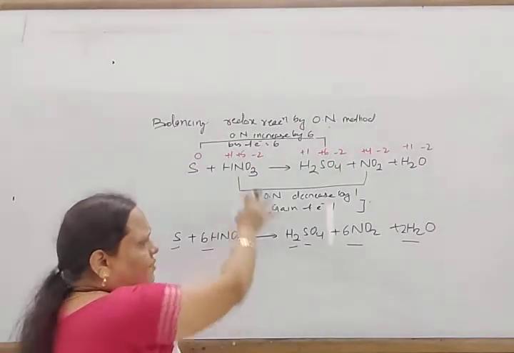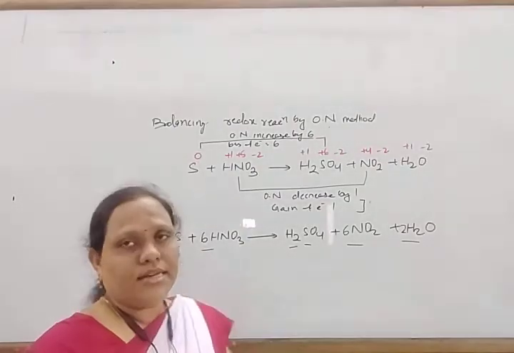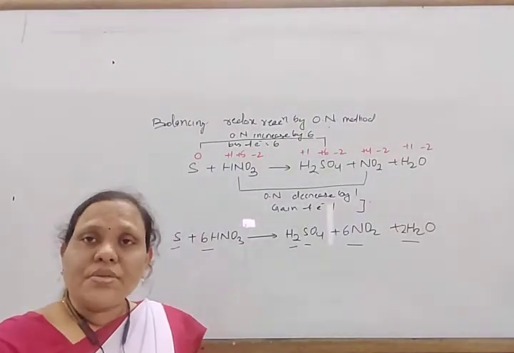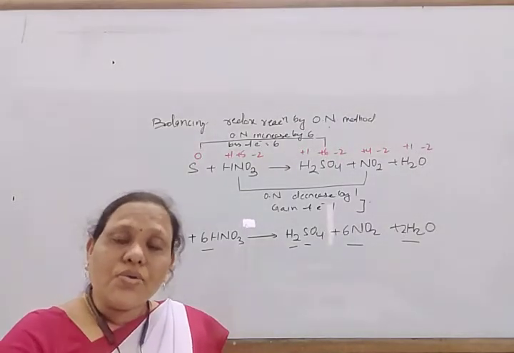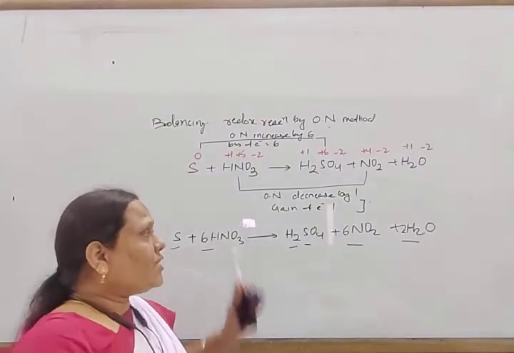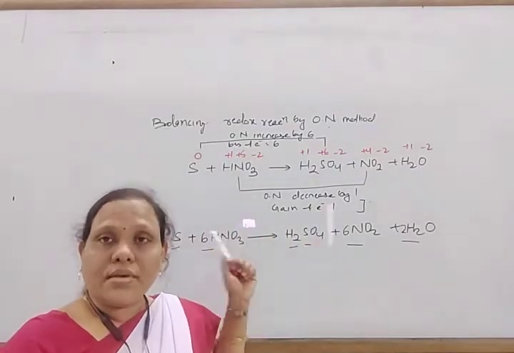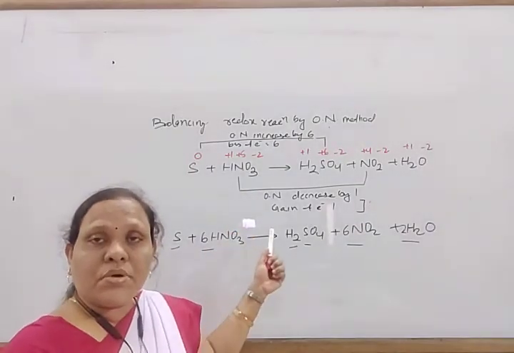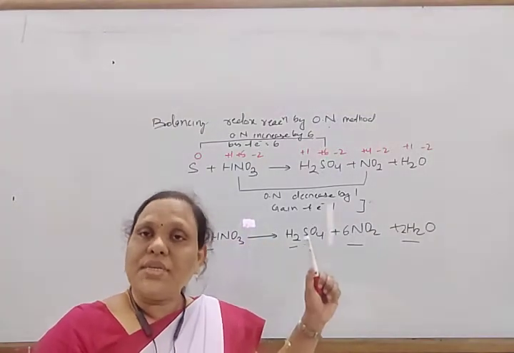If there are more numbers of hydrogens, this equation is already balanced. If after balancing all other atoms, hydrogen or oxygen atoms are not balanced, then how to balance them? First you have to find out the oxidation number, then what is the loss of electrons and what is the gain of electrons. Then you have to multiply by a suitable number to the reactant side so that the loss of electrons and gain of electrons are equal.